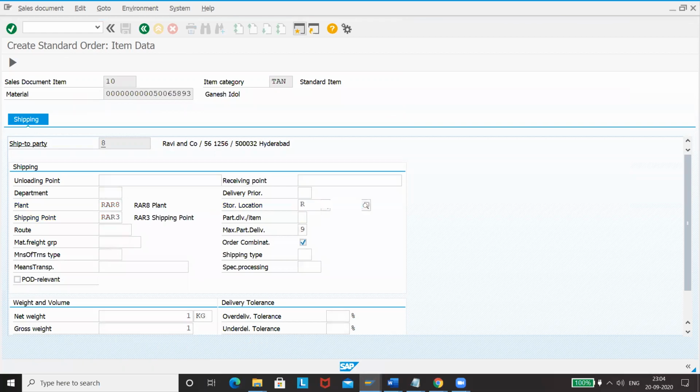So now we have to take source location as RAR3. You save this one now.